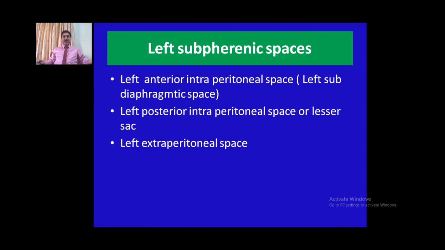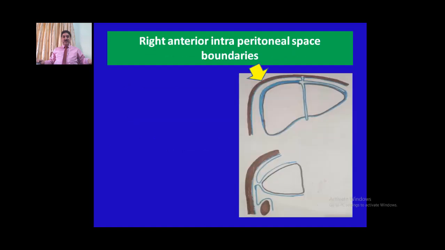Left subphrenic spaces are further divided into left anterior intraperitoneal space, also called left subdiaphragmatic space, left posterior intraperitoneal space, also called lesser sac, and left extraperitoneal space. Right anterior intraperitoneal space. As shown in this simple diagram,